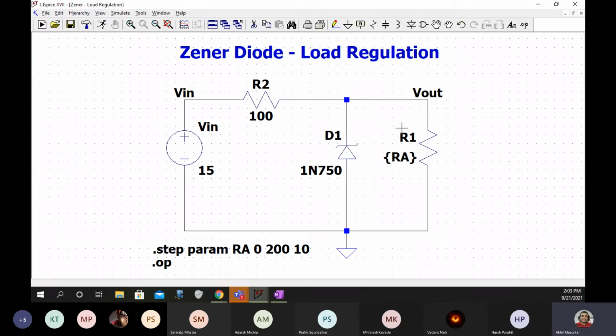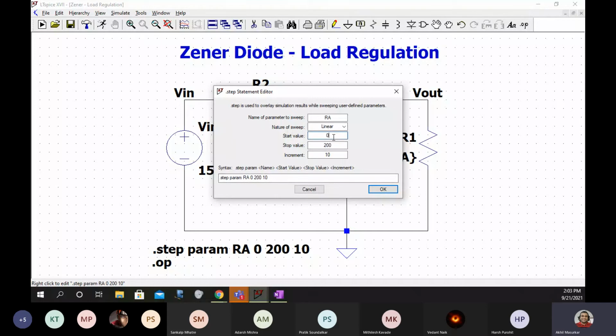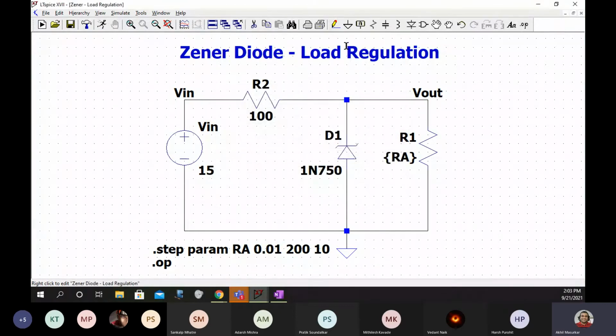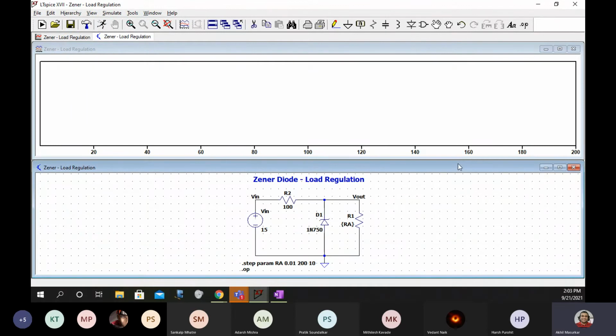So what we have to do is, instead of 0, we will write 0.01. And we will simulate. Now can you see it simulates? Now it simulates. So 0.01 resistance is as good as 0 ohms.